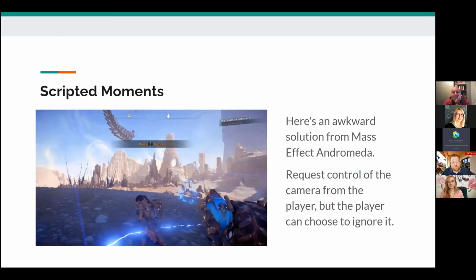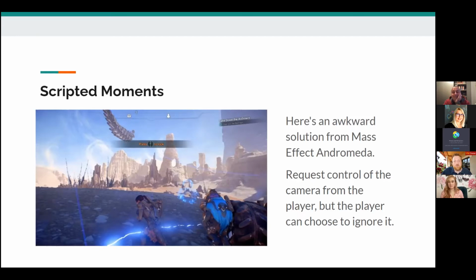In this game, you can see from the screenshot, there's a little text element. There's a user interface element that appears in the middle of the screen that says, press the joystick to look. And that instruction, press to look, is a little bit strange when you think about it. You may have seen it in games that you've played, but it's a weird thing. It's a request from the game to take control of your camera and take that control away from the player.